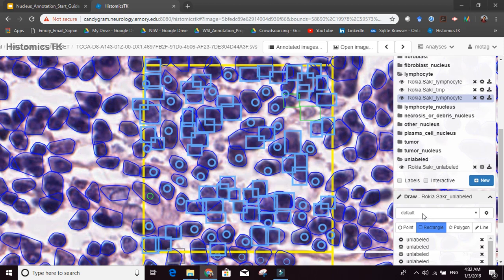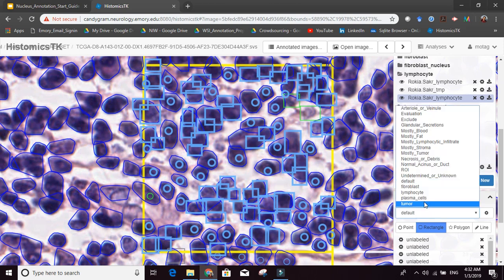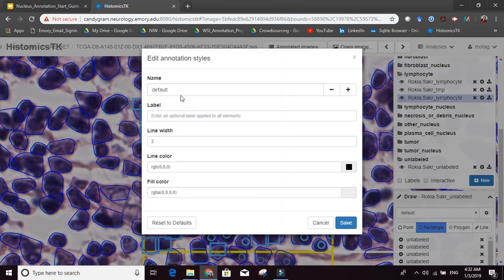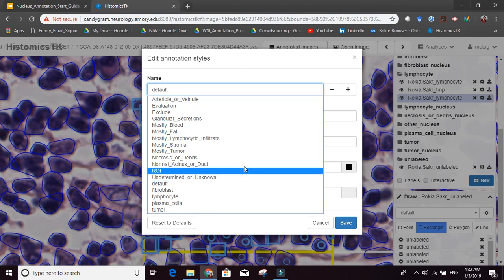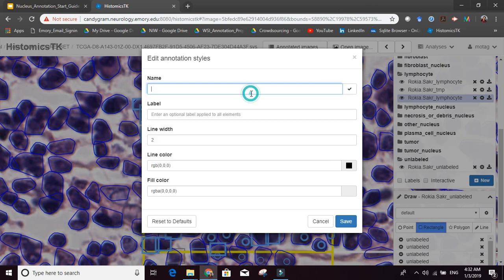So what I do in this case is I go to Rukaya Soccer unlabeled, which I already have, right? Did I define unlabeled or not? I think I did. If I didn't, let me define it now. So let's do this, and we say unlabeled. Let's make a new one. Unlabeled. Let me just copy it from the document.